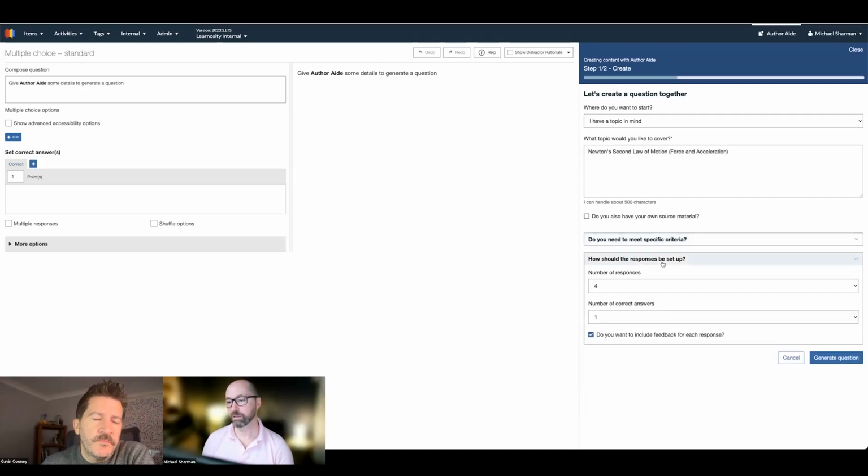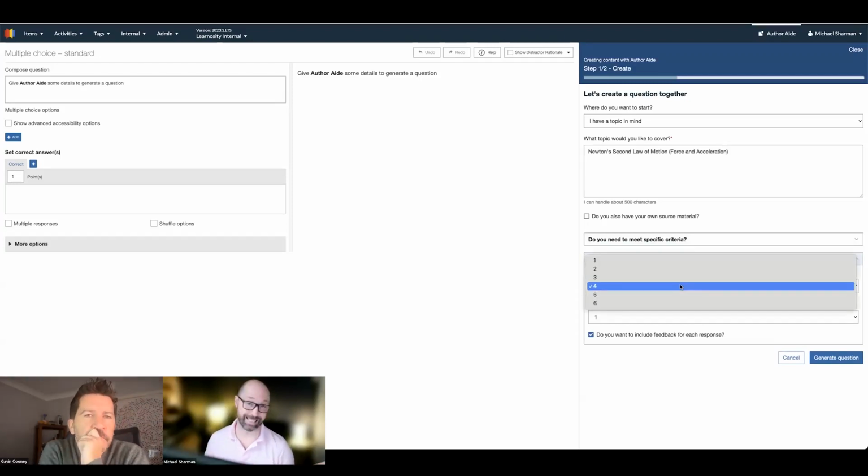Okay, after that, we have some mechanics around the question. Now, we happen to be on multiple choice. And as Gav said, we will be bringing on extra question types later on. For right now, multiple choice, most commonly you will see 4 possible responses, 1 correct answer and 3 distractors. So that's what the default is. But you can choose to extend that or reduce that if you want.